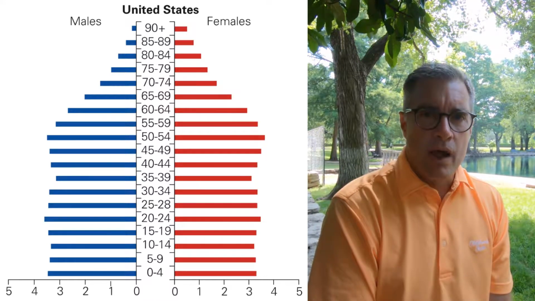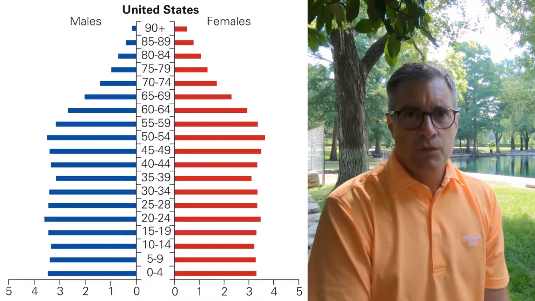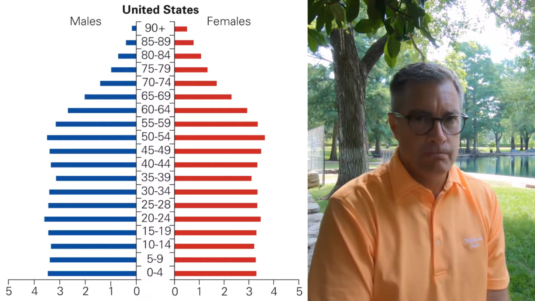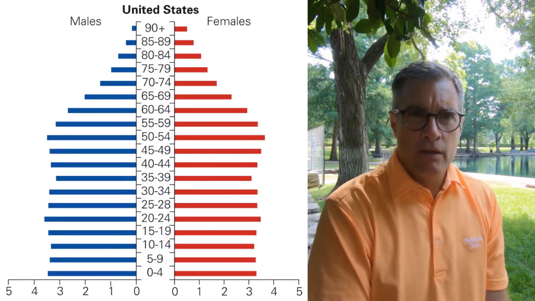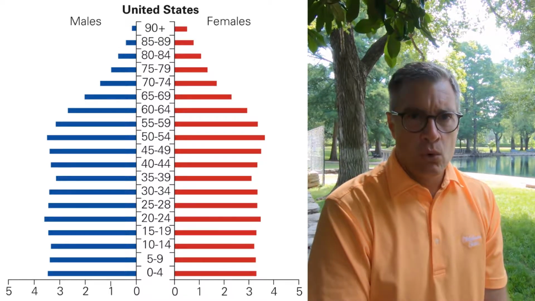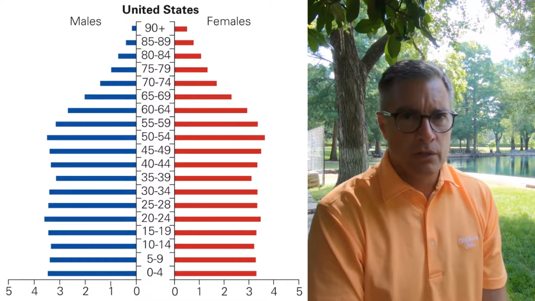One of the interesting graphics that we have in population studies is something referred to as an age-sex pyramid, or just a population pyramid. And this is just a way of graphing age cohorts by sex. So I want you to look at these